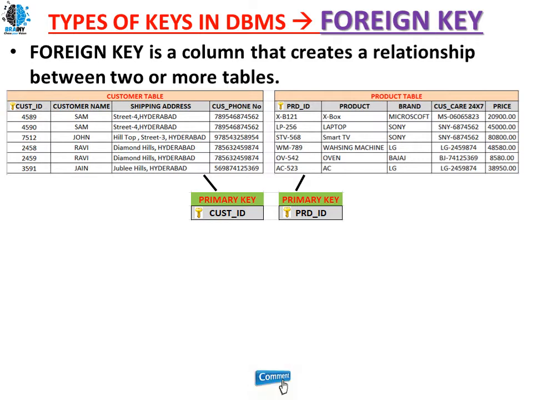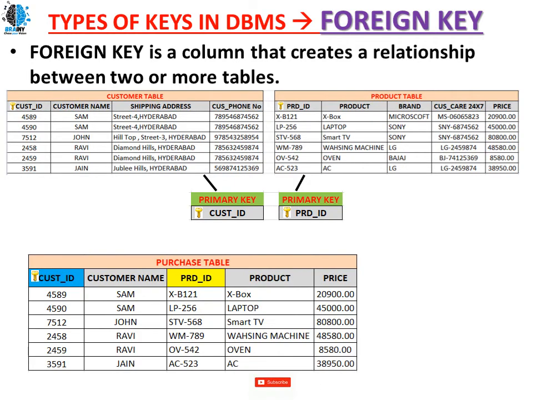In the purchase table, these two tables, the customer table and the product table, should have a relationship in between. So the foreign key is going to play a vital role here. Let's see this purchase table I have created. A customer is going to purchase. Whenever a customer makes a purchase, the customer ID and customer name should be there. If any customer purchases any product, then the product ID, product name and its price should be there. So this is all about our purchase table.